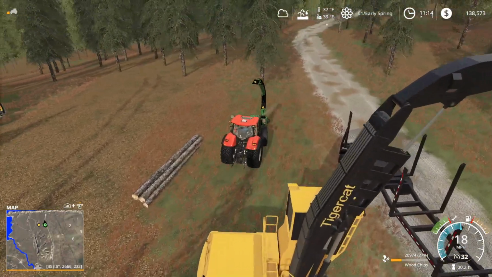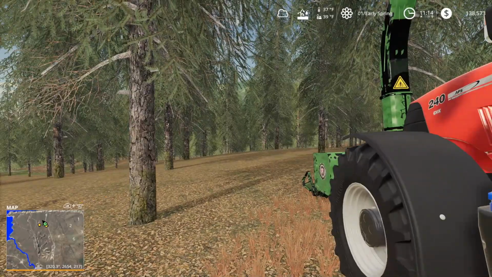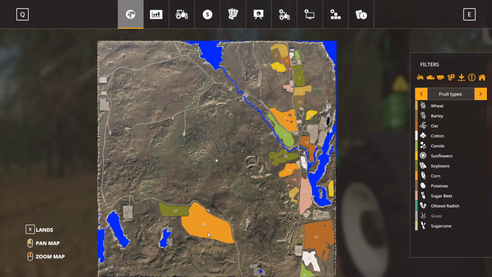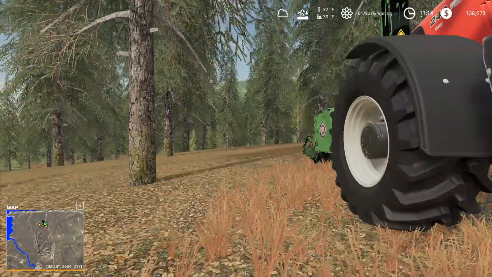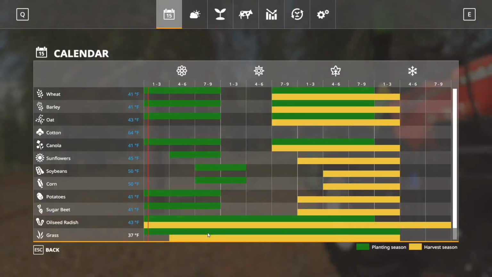So probably my plan is going to be, let me look here real quick. It's not going to show it to me there. I believe it's going to be Control... Is it Control S or Alt S? There we go. Okay, so my plan is, during the winter months here, you can't plant anything. See, the planting season's in green. The only thing we could plant during this 1 to 3 period right here of winter is grass,